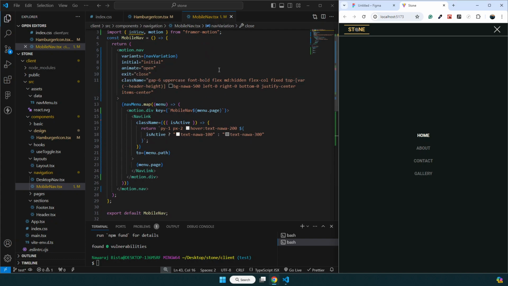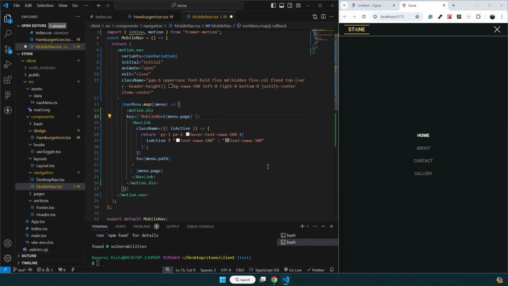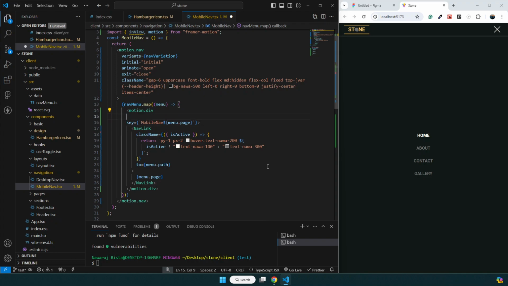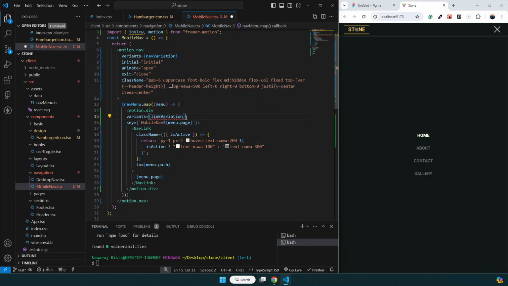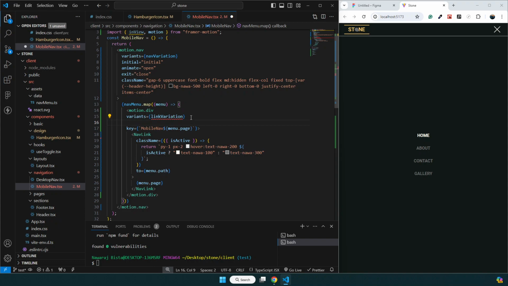And here, where is my motion div? Here, I have to say something. Let me make a space. So what we want to do here, I want to add variant, and we will call this link variation. Whatever name you want to give, you can give it. This name is not important. You can name it as you like if you don't like my naming style. All right, then